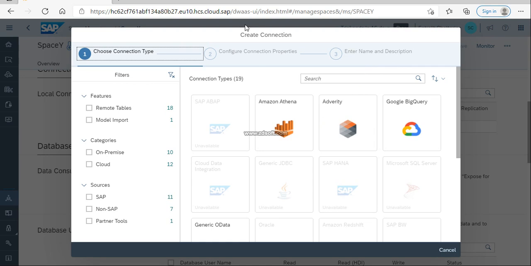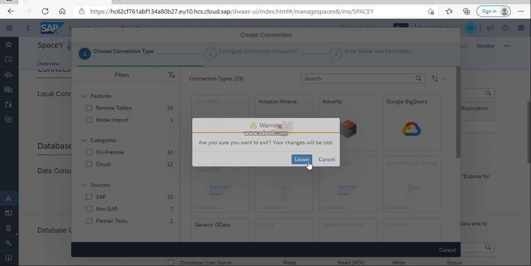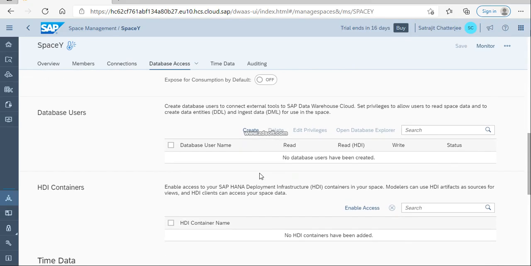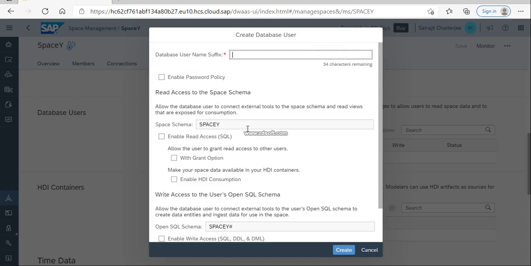For the timing, I'm not going into the details. Next is the database username. You can create a database user over here. For the name, maybe I am using db user for space y.